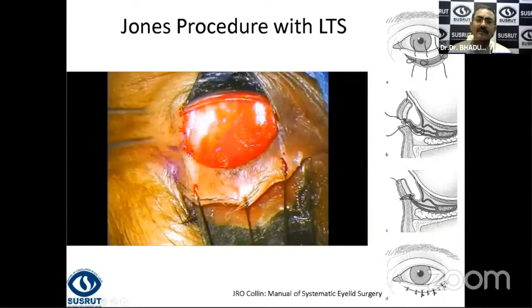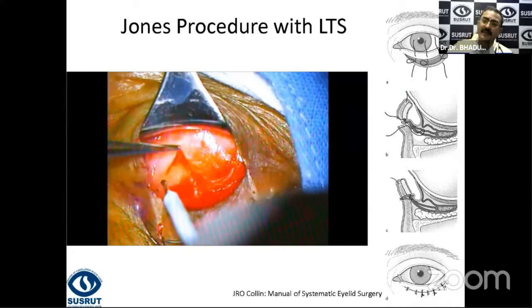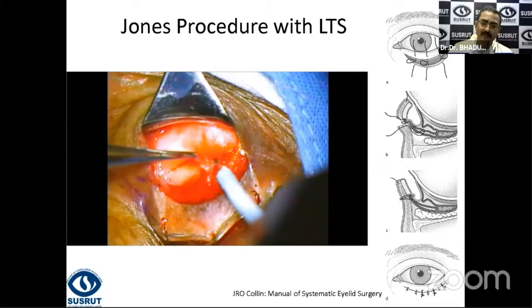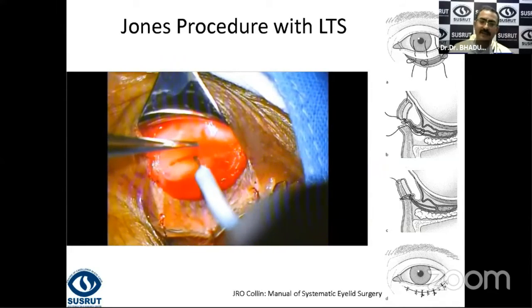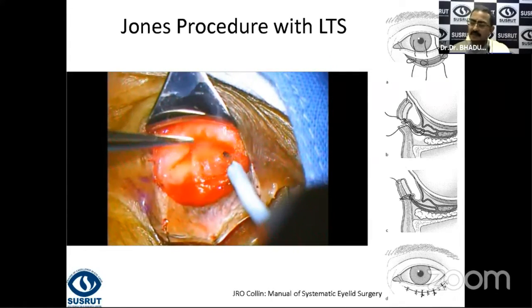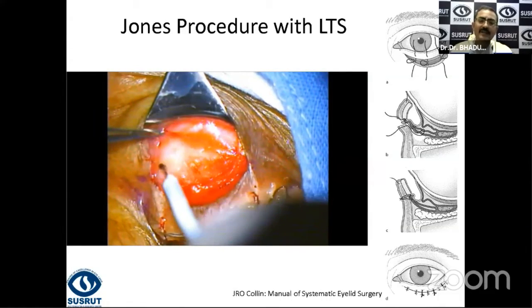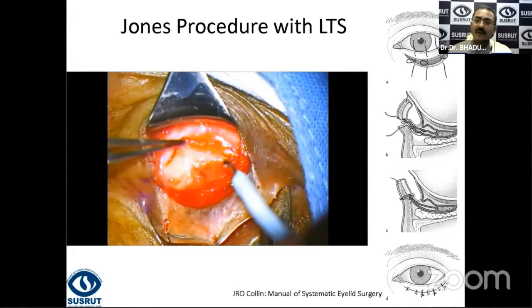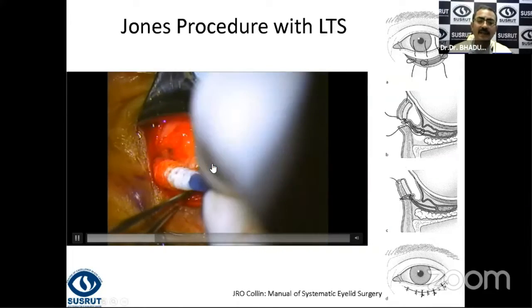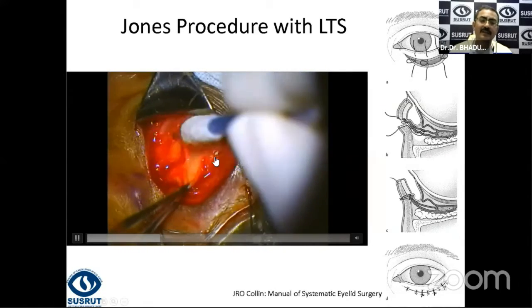Now, what we are actually looking for is under the orbital septum, you would either find that the capsulopalpebral fascia has separated or dehisced from the lower tarsal border, or it has become lax. So what we're doing is cutting the orbital septum here. You can do it with scissors as well. You don't need fancy instruments like this. But basically, under the pre-aponeurotic fat is where we look. This is where we have the dehisced structure. So we are holding the structure, we are dissecting the fat away from there to expose it.